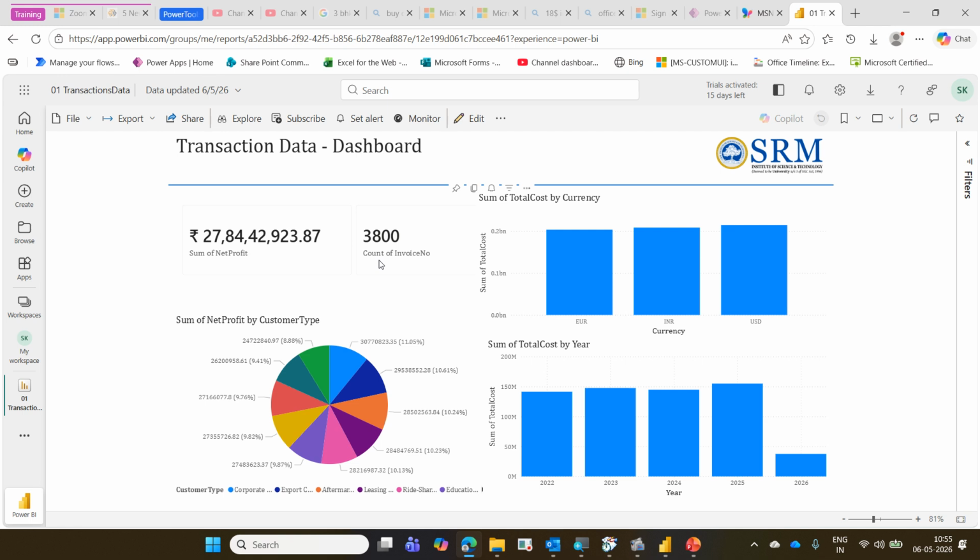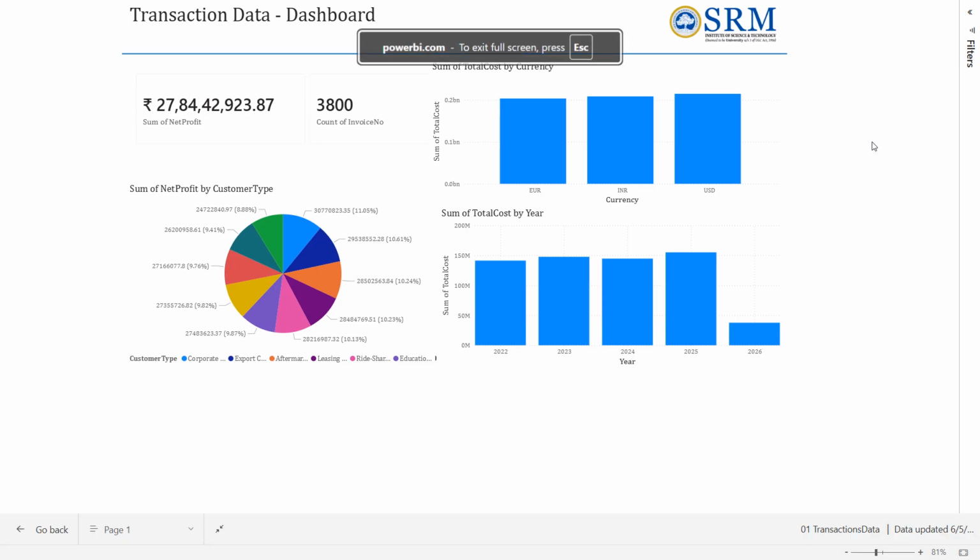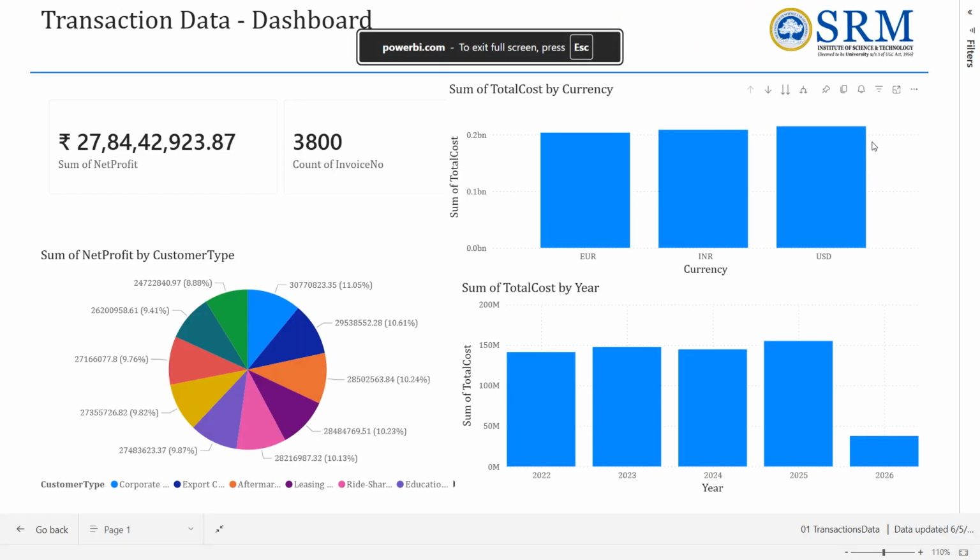How can I see the report in full screen, like a PowerPoint presentation? Can I see the report in full screen? Of course, there is a button available at the right-hand side, View. When you go to View, there is an option called Full Screen, where you will see the report on your full screen. Whatever you did, everything will work here.